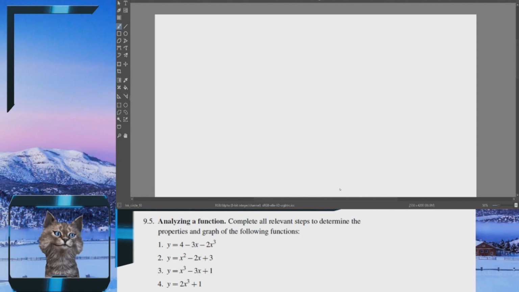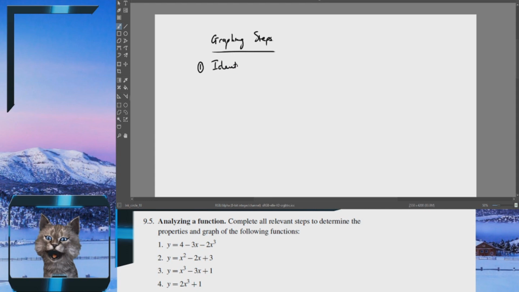Alright, welcome to our discussion on graphing and analyzing functions. First, let's just review the graphing steps that we are going to do. It might not be the same in every book, but these are just a few steps to help you get all the relevant information. First step, I like to just see if I can identify the function to be a